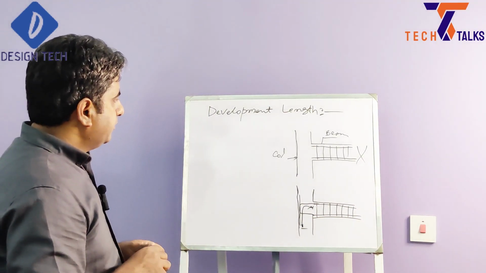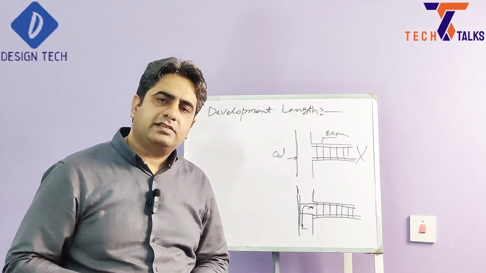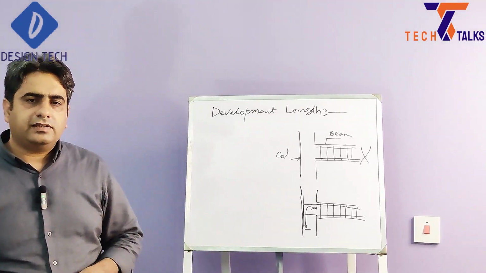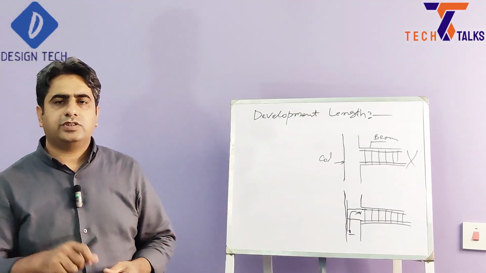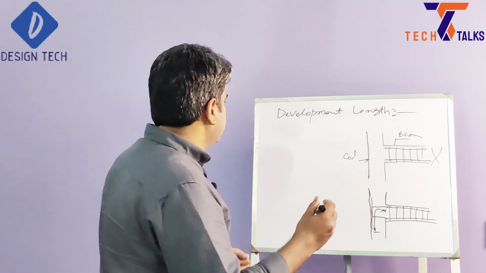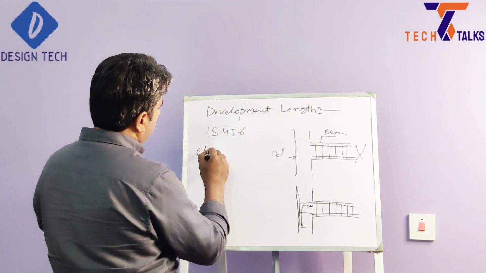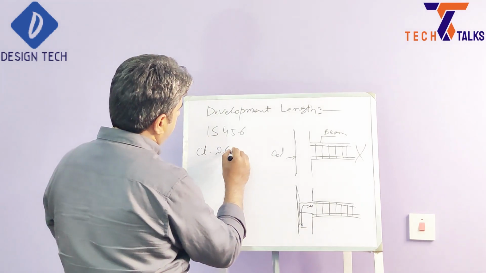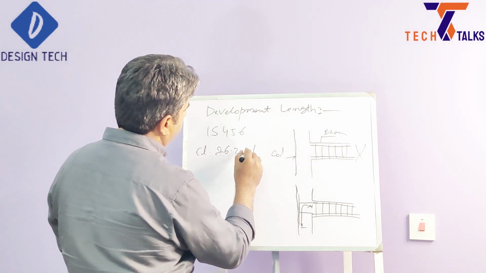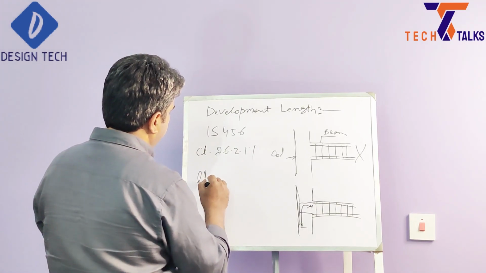How to calculate this development length? Either if you are using IS 456, then there will be different formula. If you are using ACI code, then there are different formulas to calculate. If we will talk about IS 456, clause 26.2.1.1,